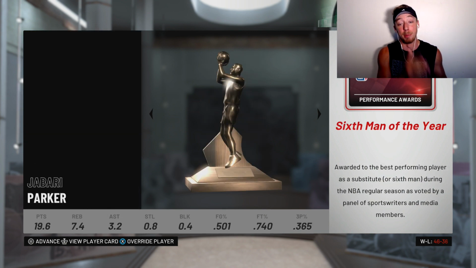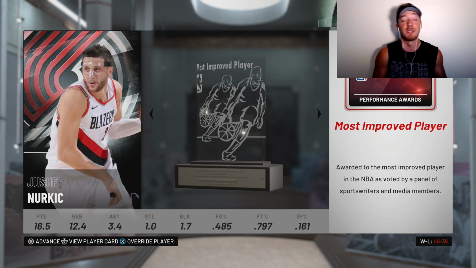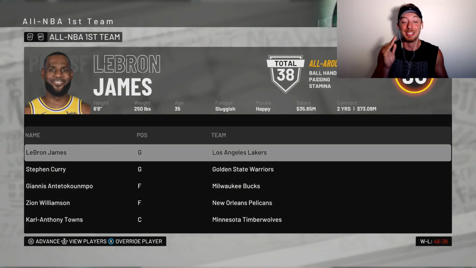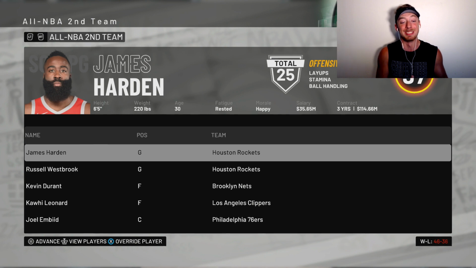But Zion was Rookie of the Year. Jabari, 6th man of the year with the Hawks. Very weird to see. Giannis DPOY, Yusuf Nurkic most improved, and Frank Vogel coach of the year, as the Lakers go 64 and 18. That's going to be a tough team to beat, to say the very least. But we're going to go through all NBA teams, see if anybody from the Boston Celtics made it,